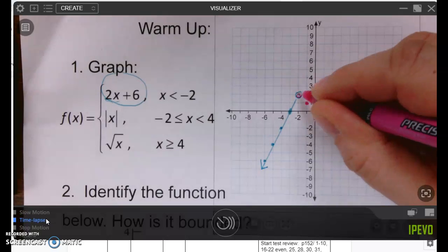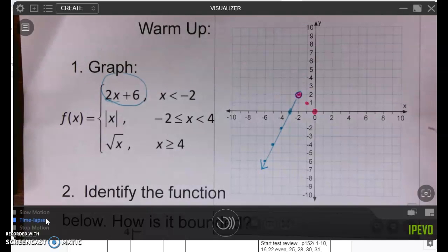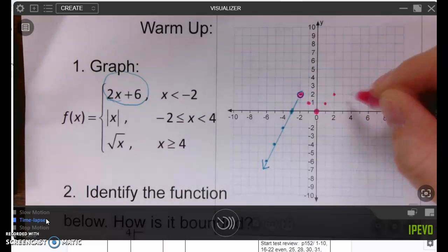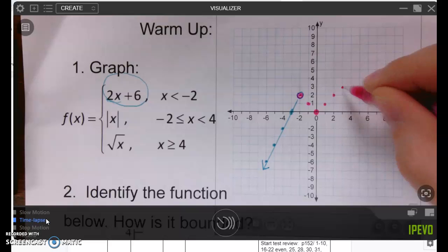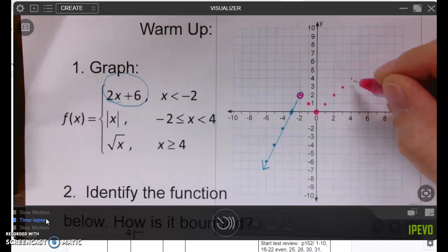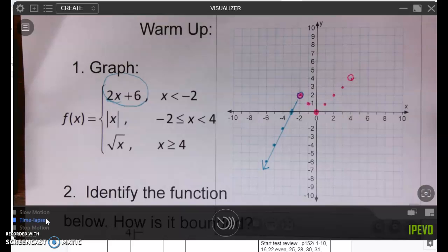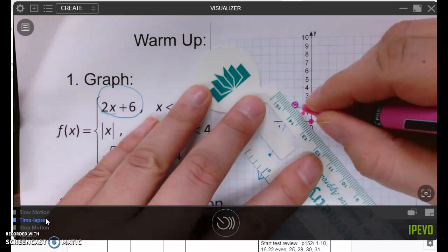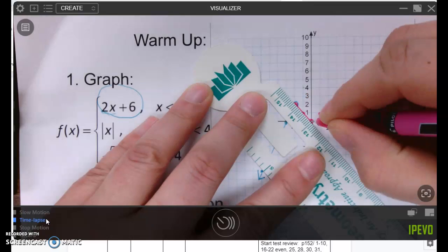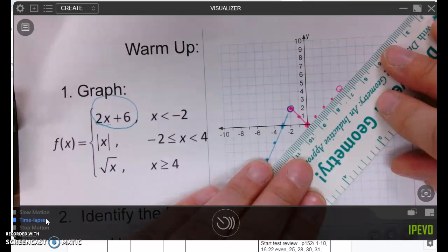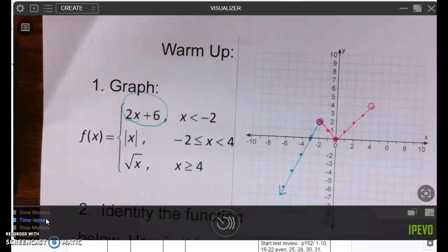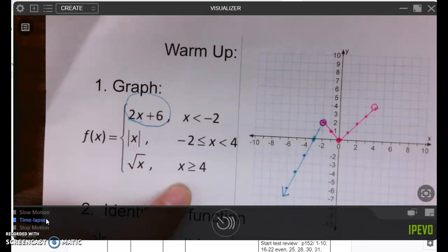And so that fills in this light blue circle. And the absolute value of 1 is 1, the absolute value of 2 is 2, 3 is 3. And then at 4, we're going to have an open circle. And this is your V shape, so again, you need a straight edge. So here. There we go. And then the last part is the square root of x,